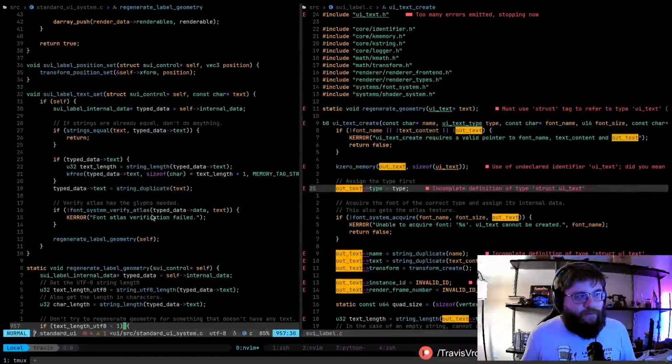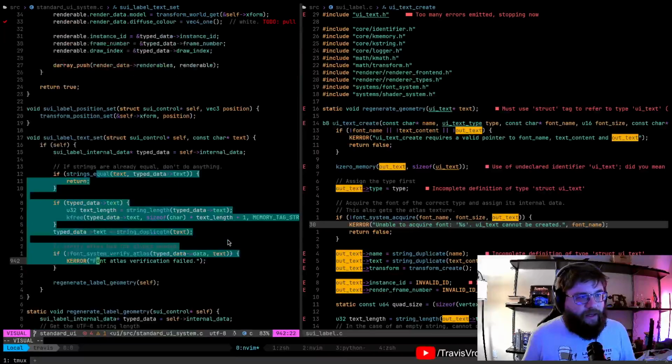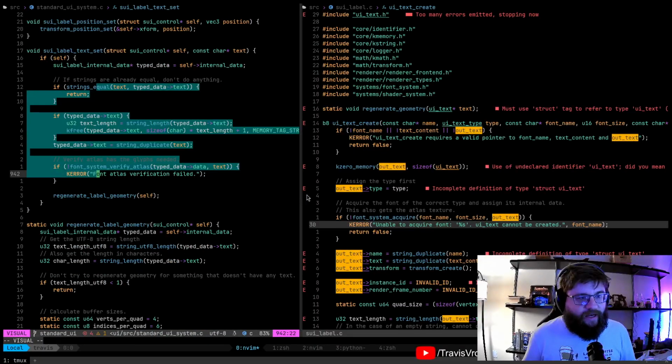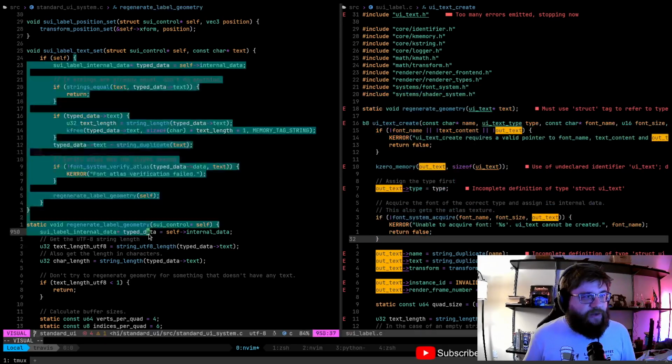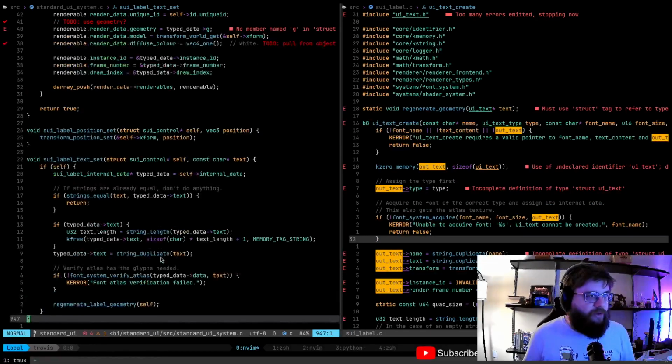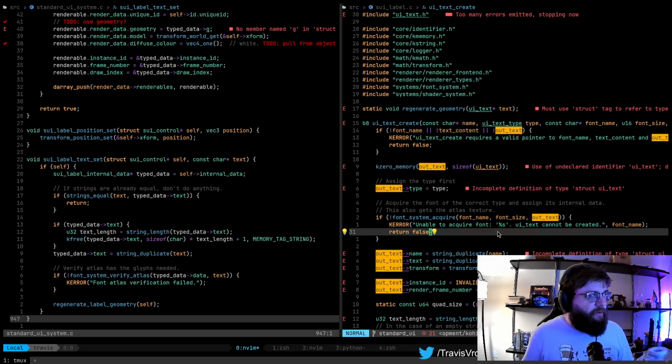The goal is basically to get all this logic moved from over here into here, and then get it refactored and set up so that we can treat what was UI text as an actual UI element and have that be part of our UI system, and get rid of the hacky nature that this was doing in the first place.